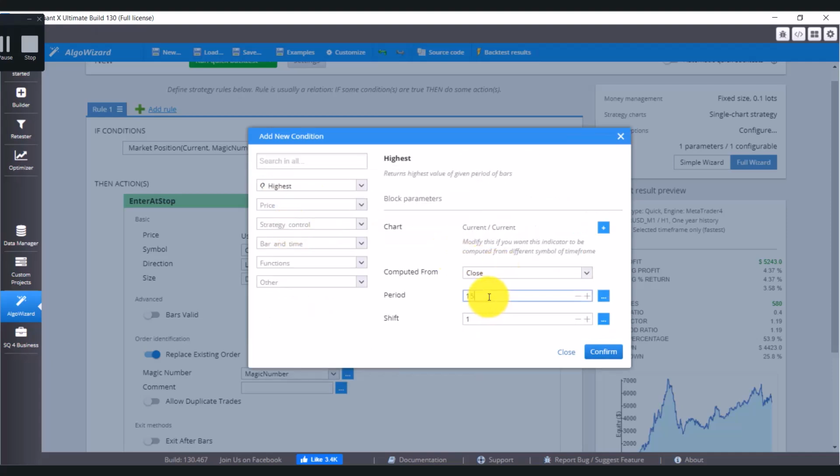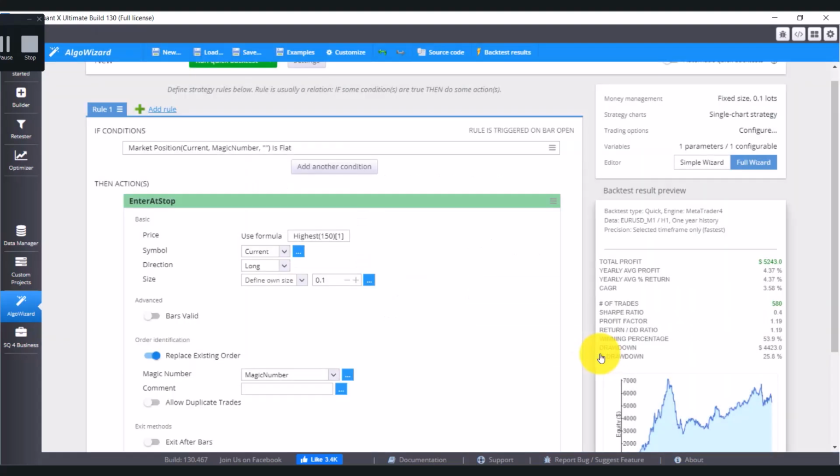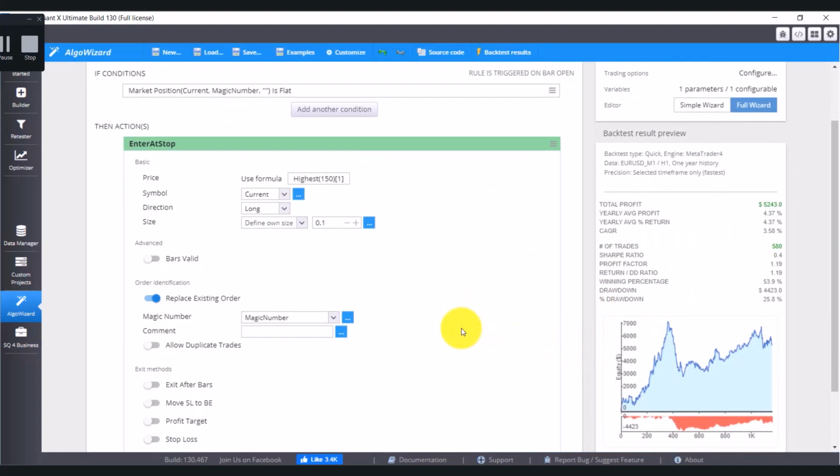period 150. It means that the highest candlestick from the last 150 candlesticks, and we can compute it from high. Click on confirm. And because there is no exit rule, we have to define how we are going to exit